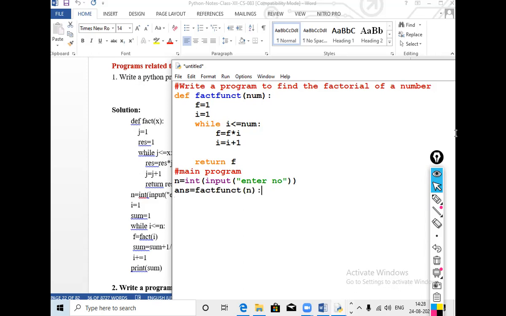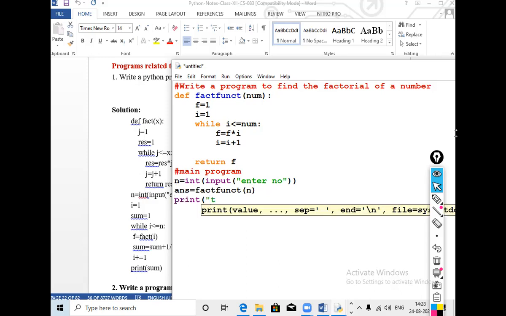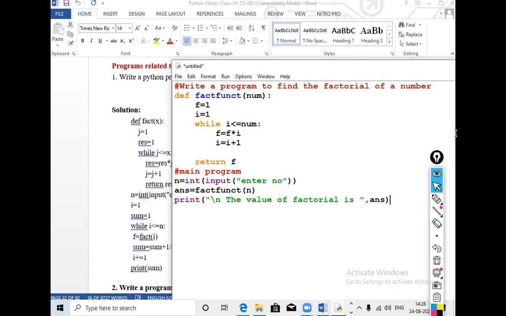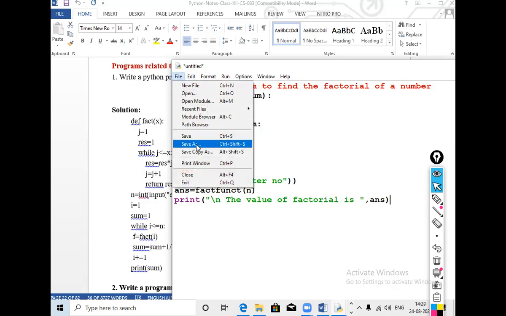Instead of num, we pass n. And here we print the value: the value of factorial is, and we print ans. Now save it. This is a factorial program.